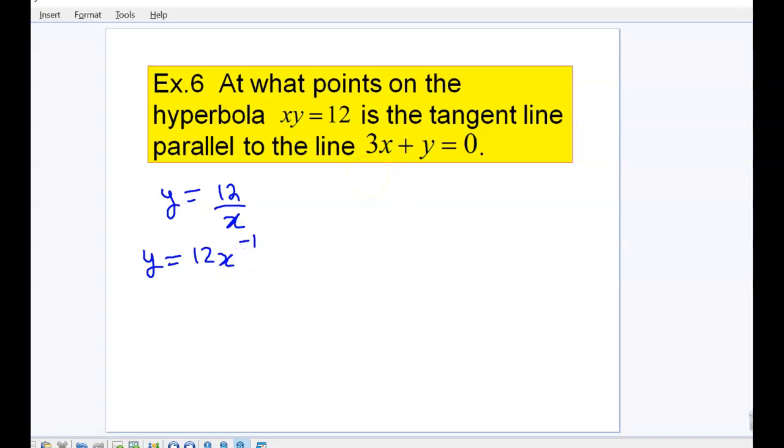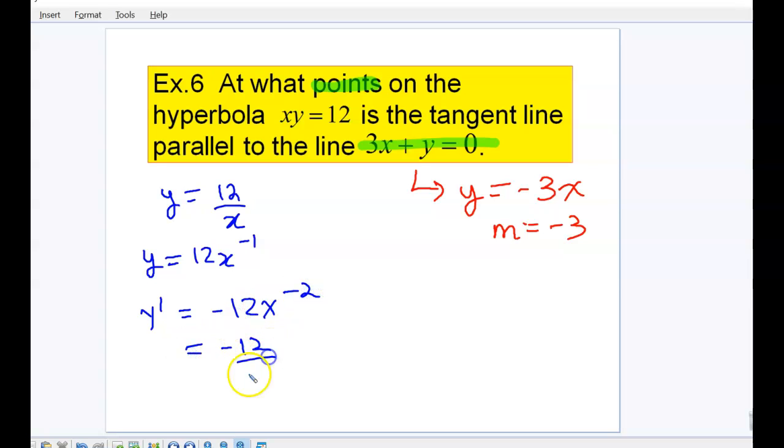Now, we want to find points here where the tangent line is parallel to the line 3x plus y equals 0. So if I was to isolate y, I'd get y equals negative 3x. So the slope of this line is negative 3. And if my tangent line is parallel to this line, my tangent line must also have a slope of negative 3. So I go back to my function and I take the derivative,